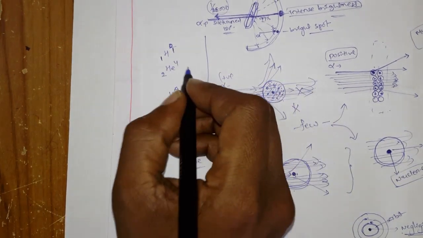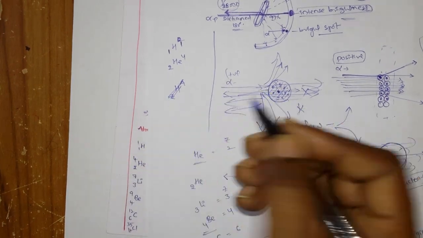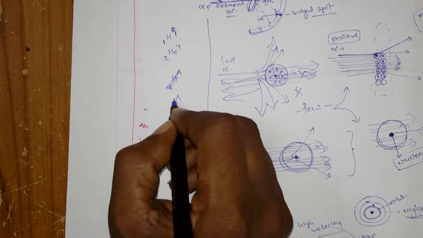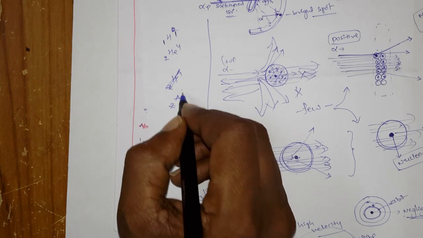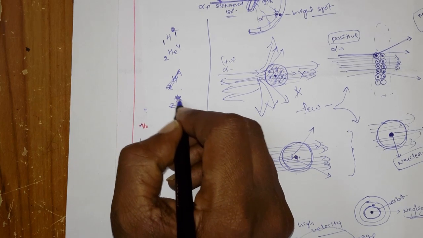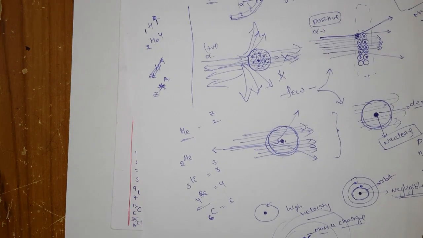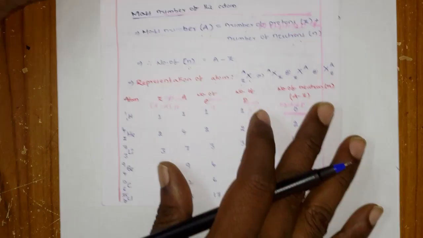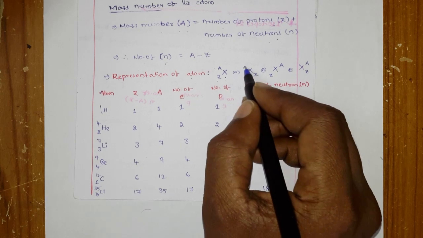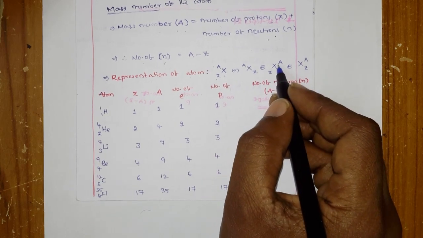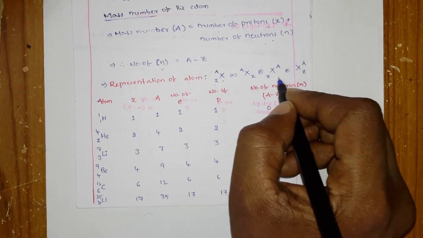Come to helium, it is 2 4. Suppose you take a different atom, an element X, you write the atomic number and the mass number A alongside it. Is this the only way to write it? No, you can write it in different ways also: the Z and A on one side, or in other positions, your wish. But mostly we follow this one.